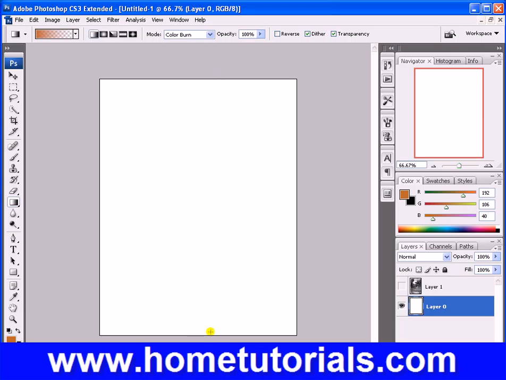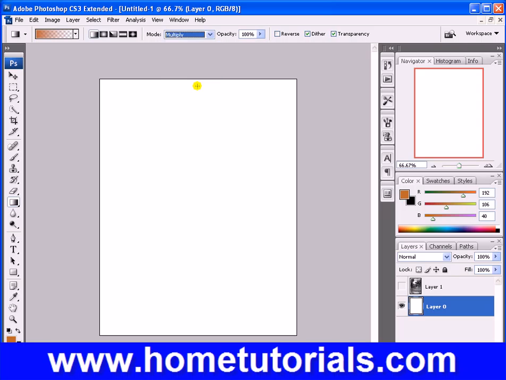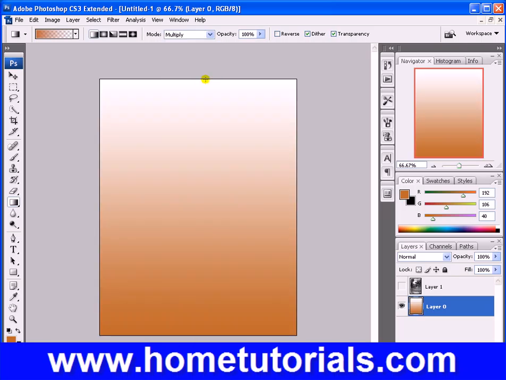Why is that? The reason that it didn't work is we had this at soft or color burn. I think we had, yeah, color burn. We want multiply under the mode. So now if we drag from the bottom to the top, we are going from this brownish color to